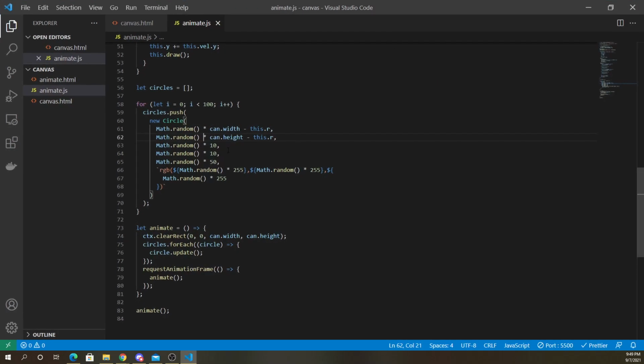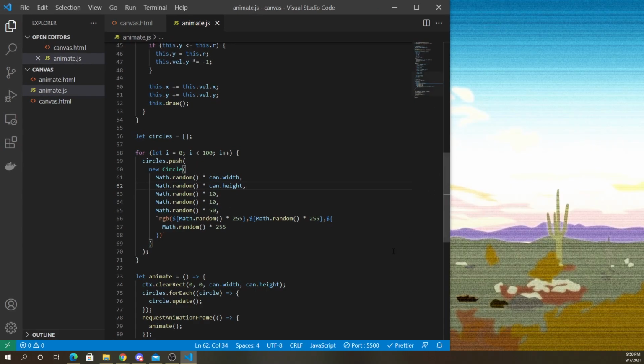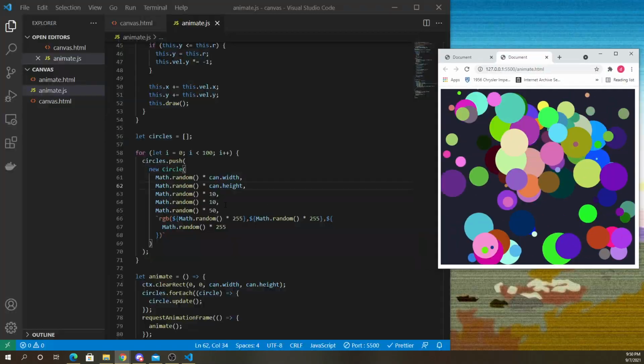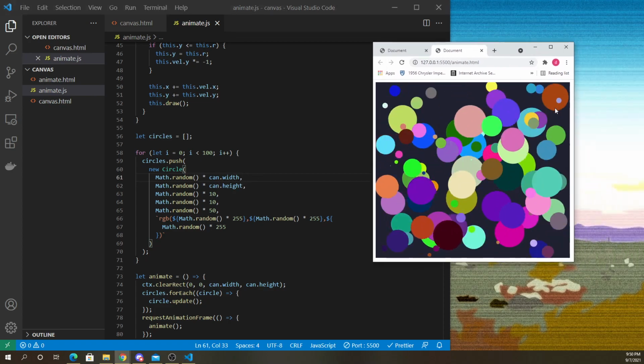I wonder if it's because I'm multiplying by can.width. Oh, because I'm using this.radius. Oops. Okay, so we can't use this.radius, of course. There is no this here. There we go. Only problem is since I can't add the minus this.radius, I might get circles that